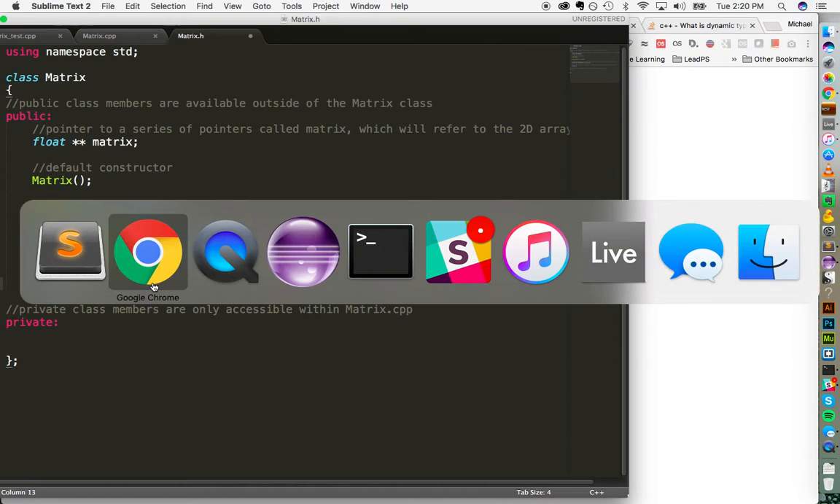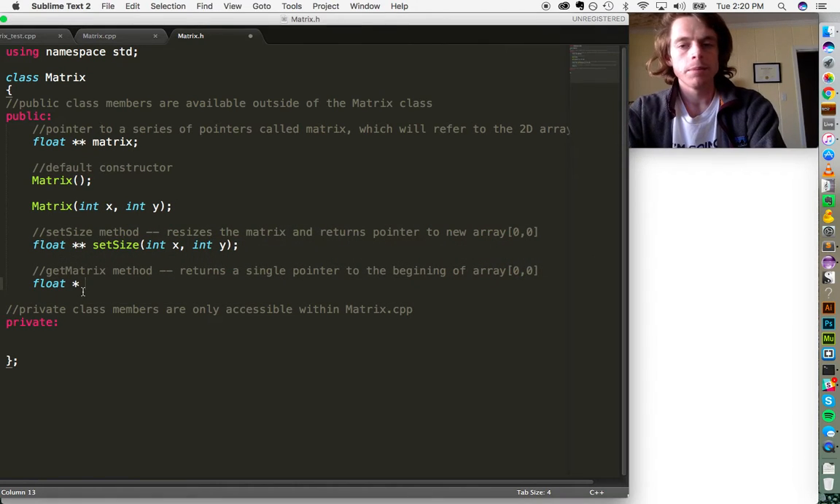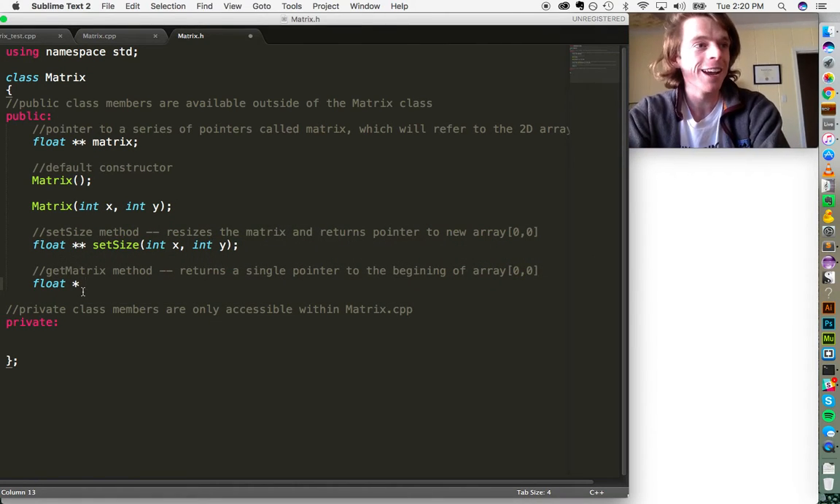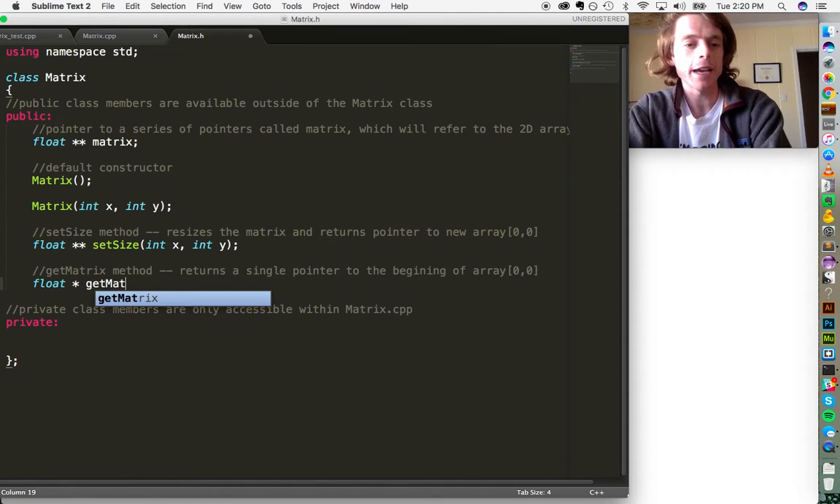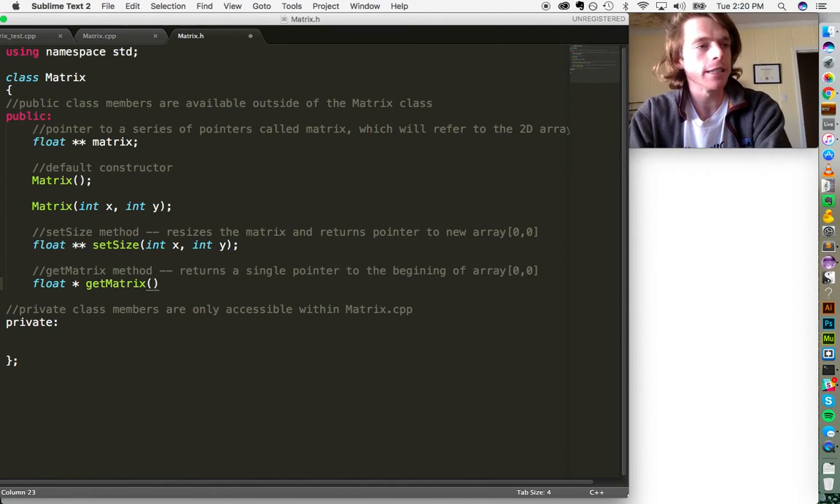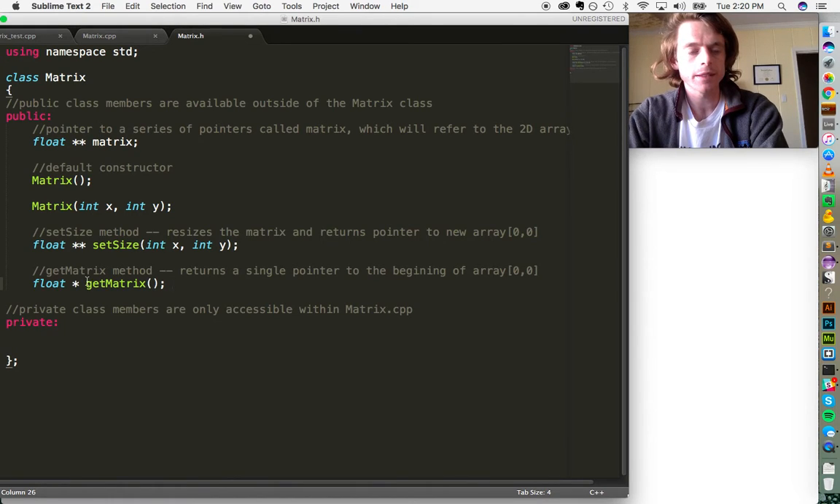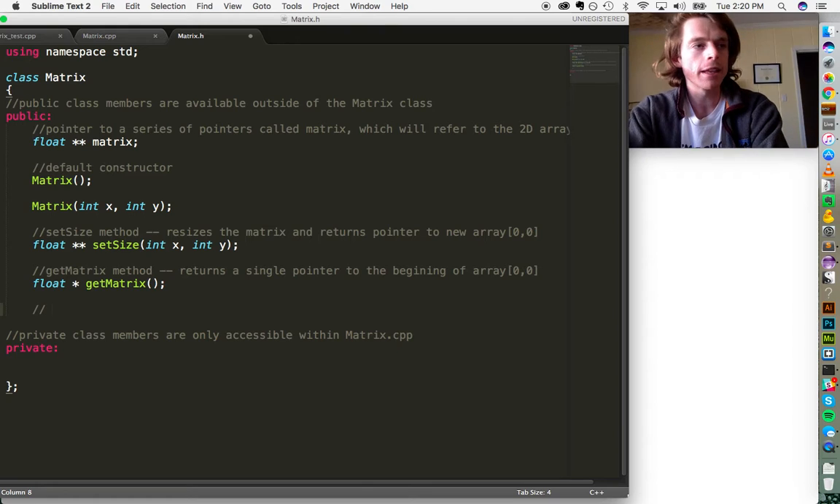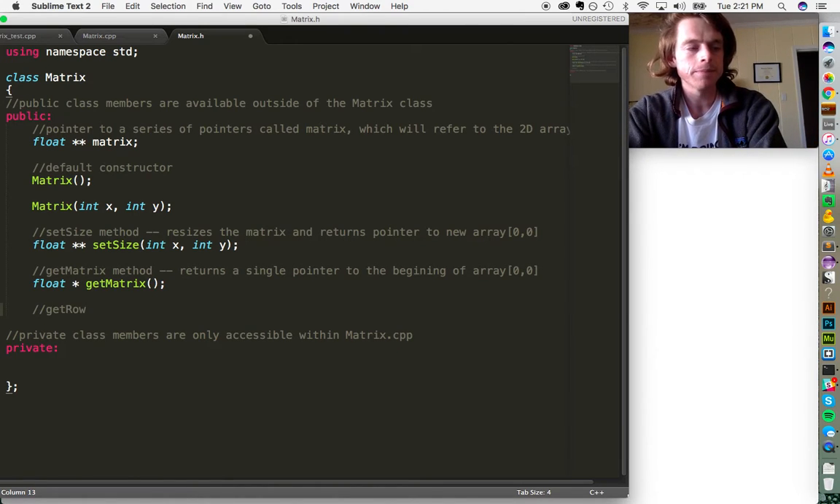Okay. Yeah, pointers are very confusing to talk about. So get matrix, and it does not take in any arguments. Awesome. The next method we'll need to make is the get row method, and that